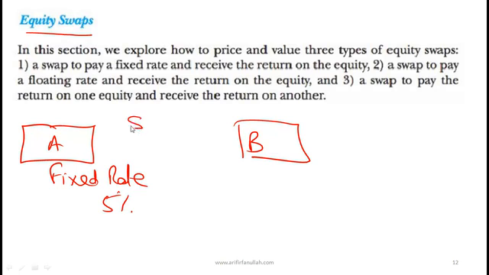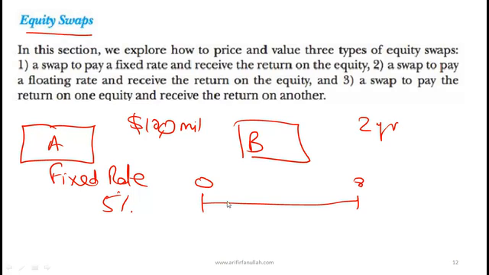So you agree on a notional principal of say 100 million. And party A over, let's say, 2 years will pay a fixed rate of 5% payable every quarter. So how many periods will we have over here? We will have a total of 8 periods,